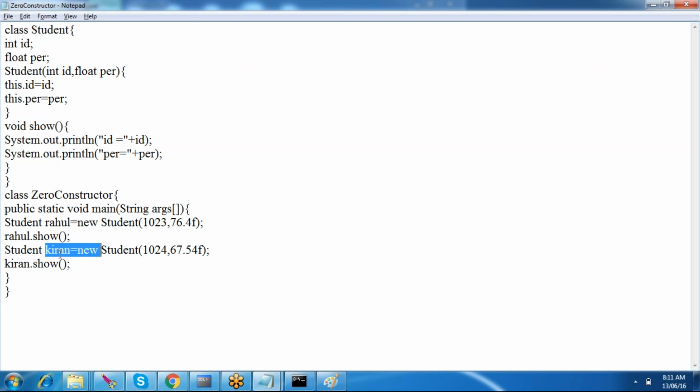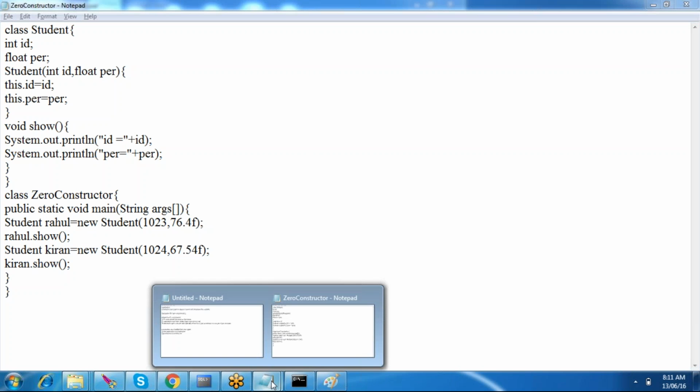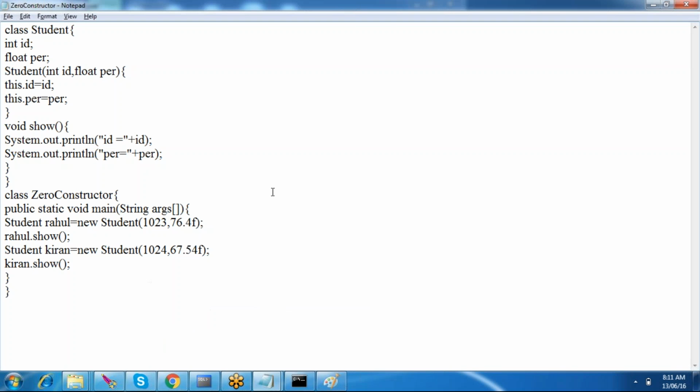Understood? So next, what is the this keyword again? It refers to the object of that particular class, right? And next we have a particular concept known as